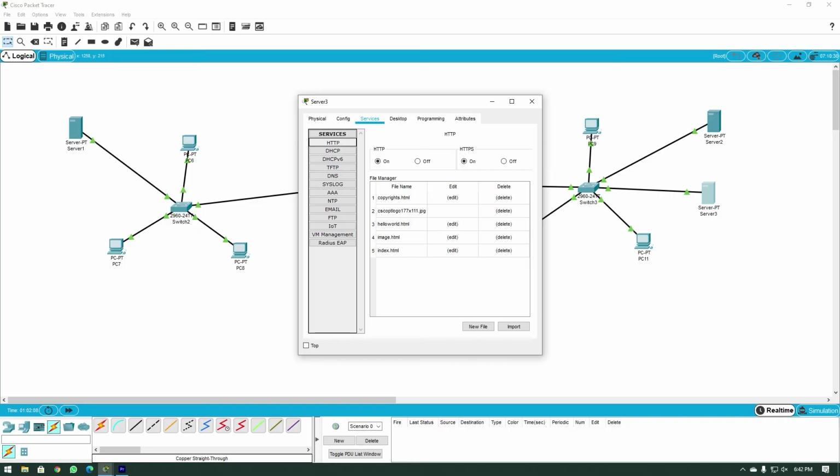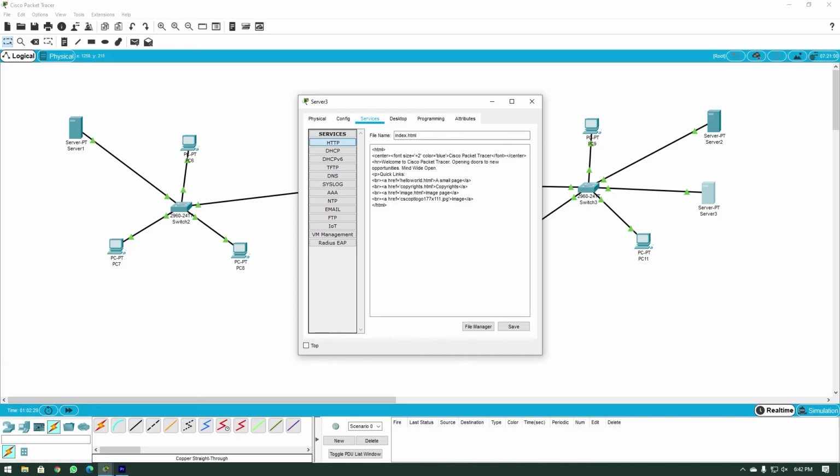You can click on that and you can already see that HTTP and HTTPS are both on. And index.html, image.html, hello world.html, copyrights.html, these are a bunch of HTML files over here. So let's go and edit the index.html file here.